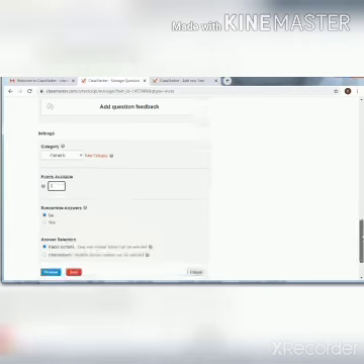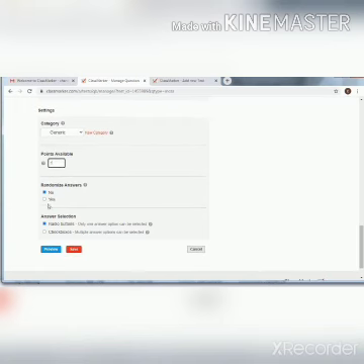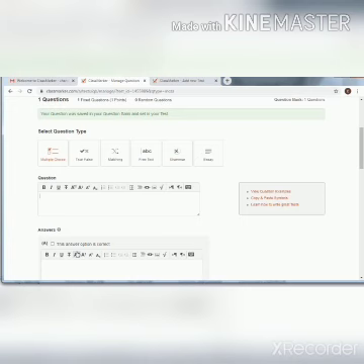So randomized question, yes, we have to randomize the question, because when 100 students are given the test simultaneously, whatever the question will go to whom, we will be unable to know. So we have to give the radio buttons and save the question. Now my question 1 has been set up. Now your question was saved in your question bank and test in your test.